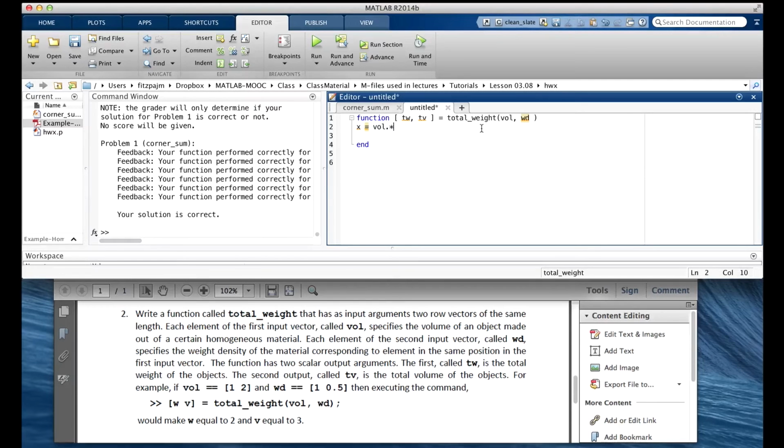That'll multiply the first element times the first element, the second element times the second element. So now we'll have a vector, and each element of this vector will be the product of the volume and the density of the corresponding element. So each element of x will be the weight of one object. Now we need to sum that up. Well, that's what sum does. So the total weight is equal to the sum of x.